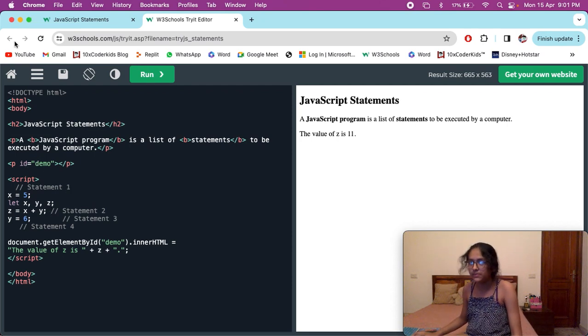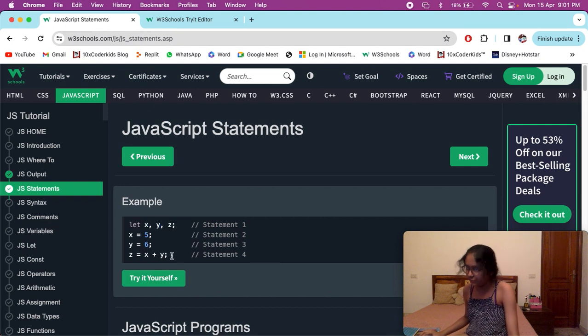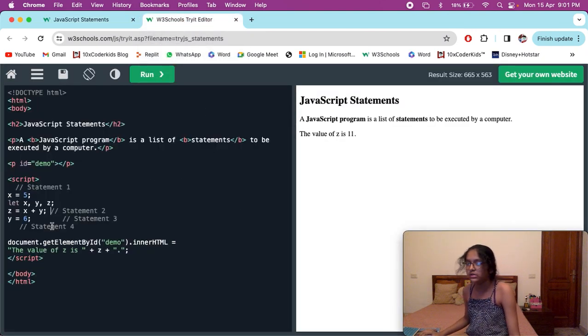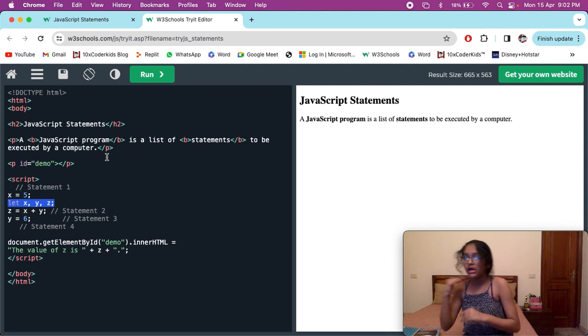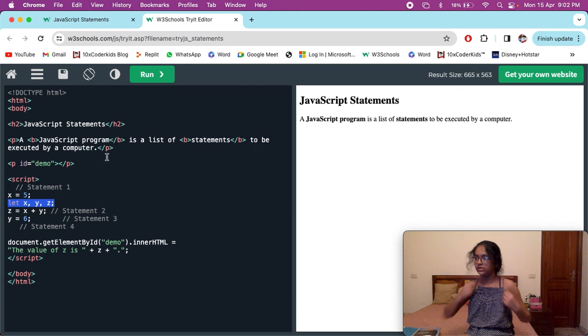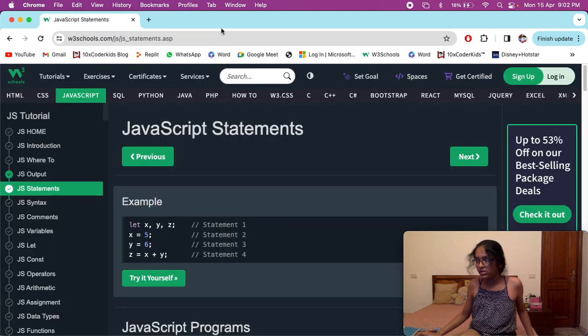For example, this is the code that we have written, and the computer runs it in a different order. It does not go in the same order. Then it becomes wrong. When I try to run it, it will not work because this is wrong. We are defining the variable later, after we have given it the value. And we are making the y variable after we have made z. How will it add both the numbers if it does not have the value? So that is what it is. Okay, so this is done.